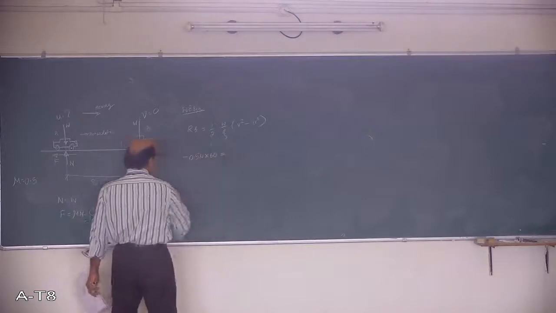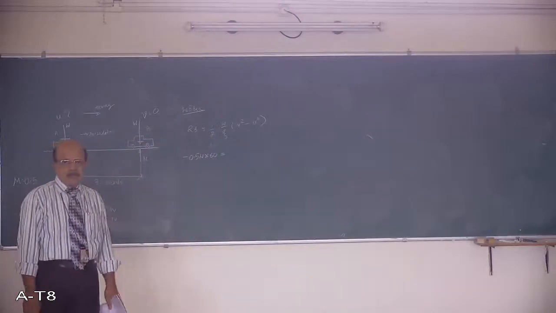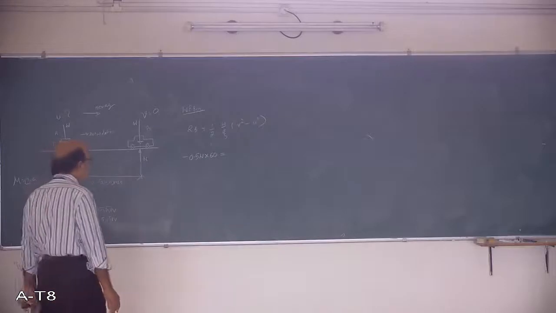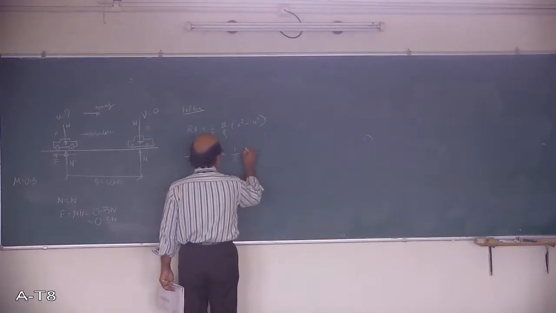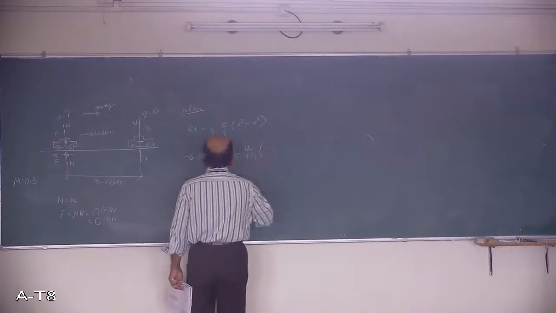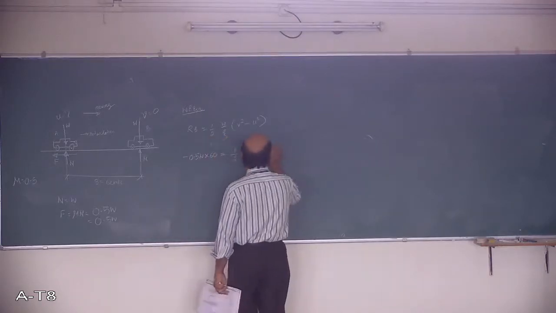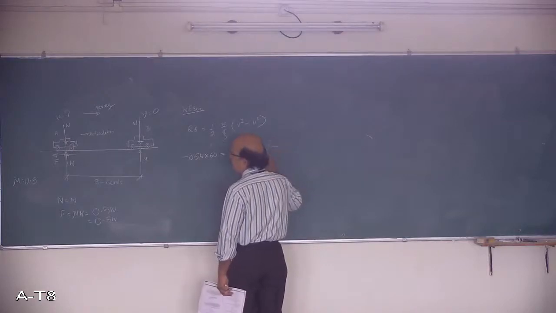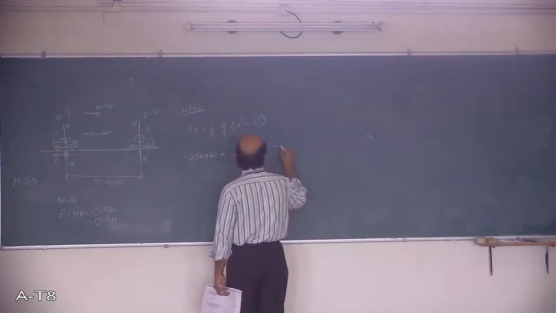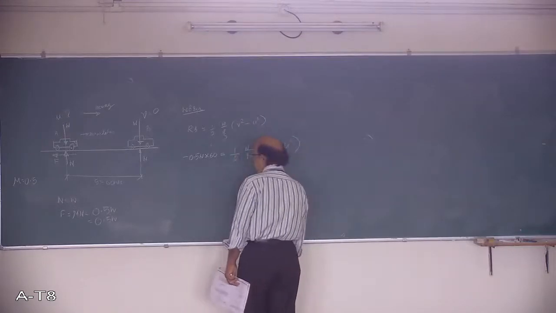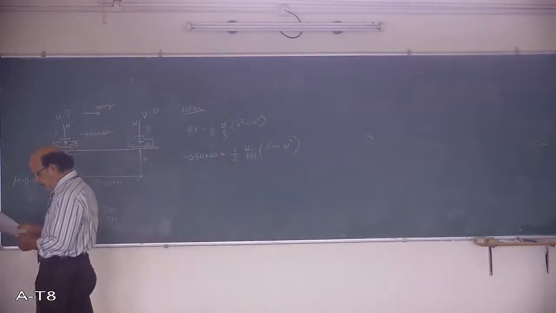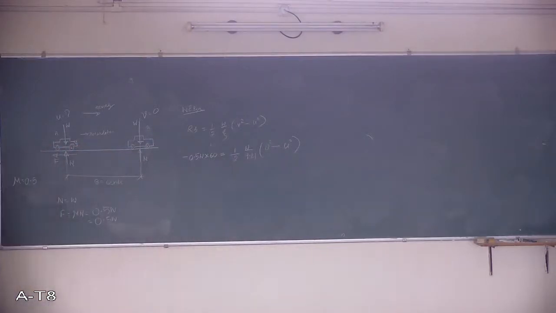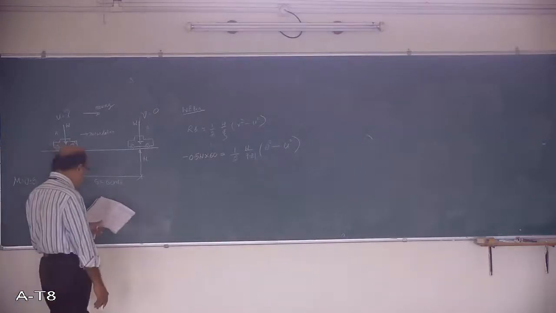I will write the work done part on the left side. That is minus 0.5 W into 60. And on the right side I will write 1 by 2, W is the weight, by 9.81. And V square I know becomes 0. And the initial velocity U square, I don't know. These are the things you come across. Now, solving this equation, you will get U is equal to